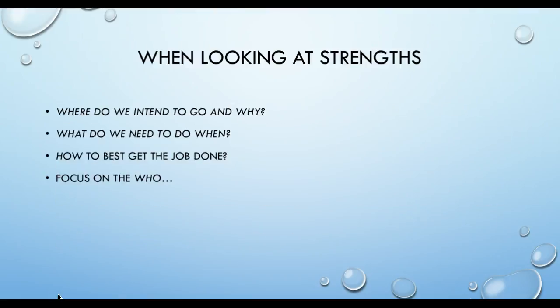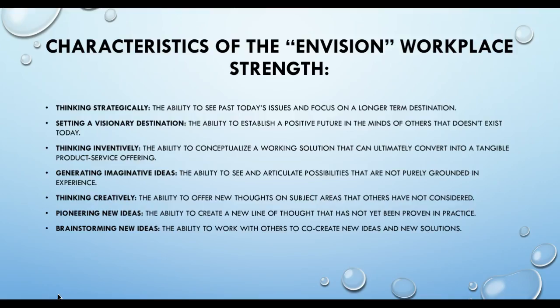So when we're looking at strengths, you want to look at where do we intend to go and why? What do we need to do and when? And how to best get the job done. We focus on the who. So the characteristics of the envisioned workplace strength is thinking strategically, the ability to see past today's issues and focus